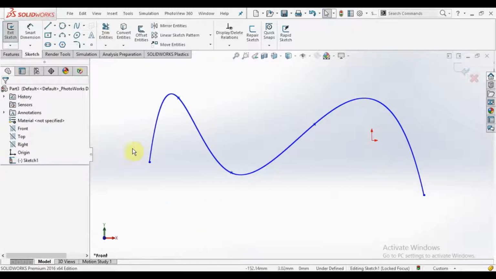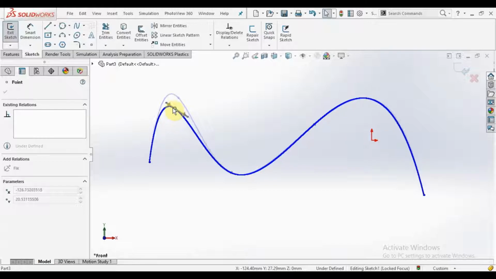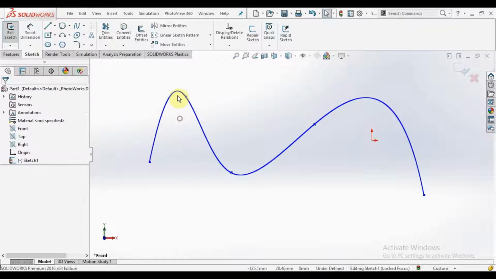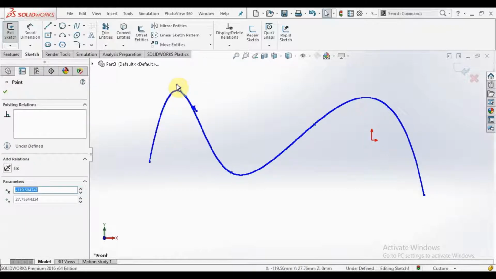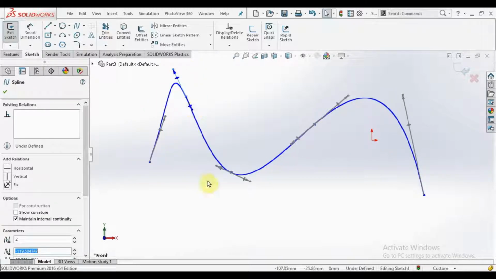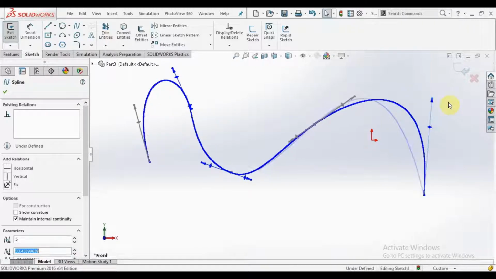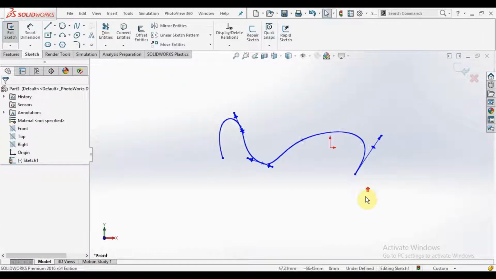If you want to change or move the spline, select a point. Like if I want to make some changes in this spline, some vertical or horizontal or any direction, you can change from here. But if you select this arrow and drag, it will change in every possible way. Okay, so this is our span.